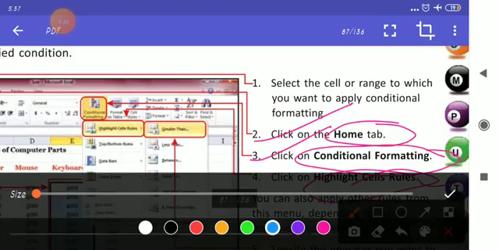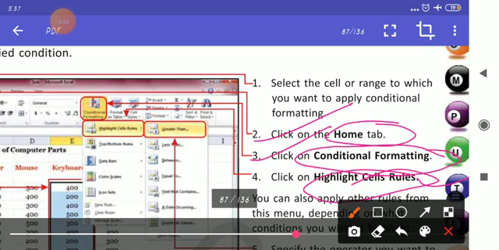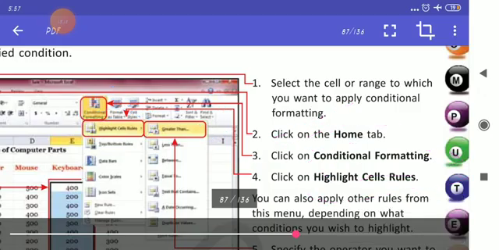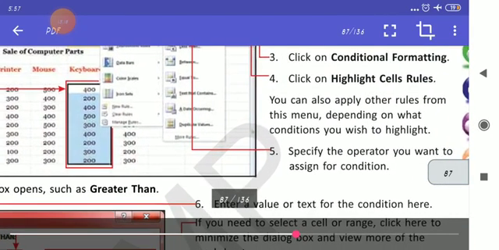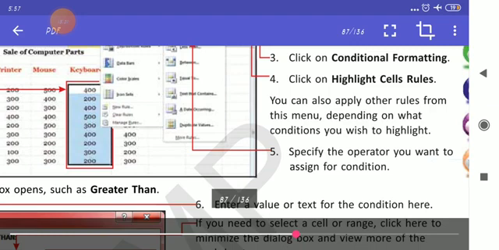Here is your conditional formatting, highlight cell rules, and greater than, less than, many conditions are given. You can also apply other rules from this menu depending on what conditions you wish to highlight.